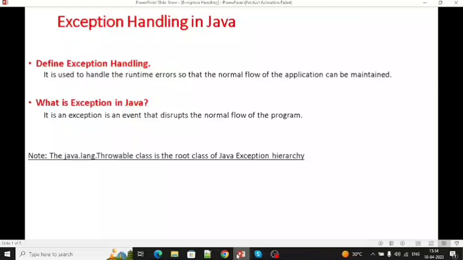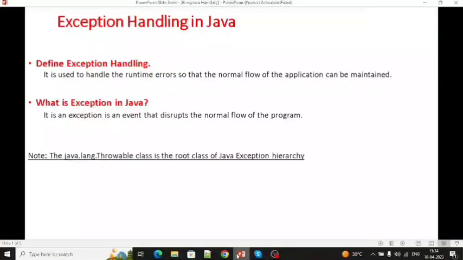So today we will see what is exception and exception handling. Exception is an event that disrupts the normal flow of the program, and exception handling is used to handle the runtime errors so that the normal flow of the application can be maintained. In Java,